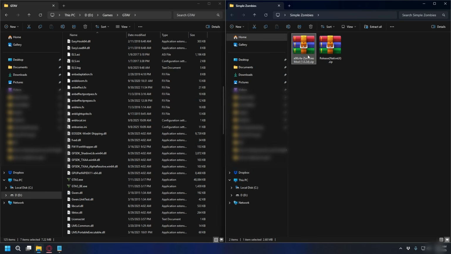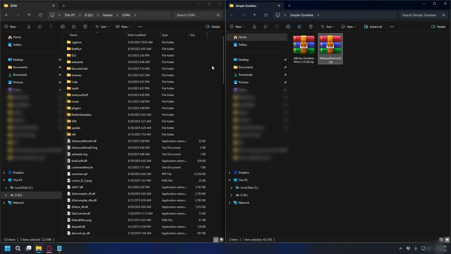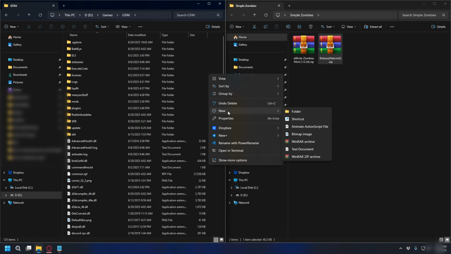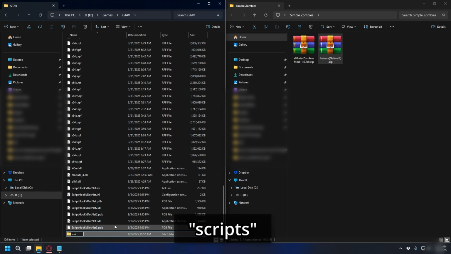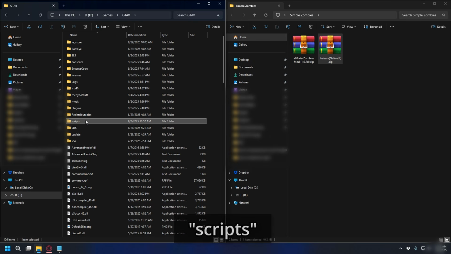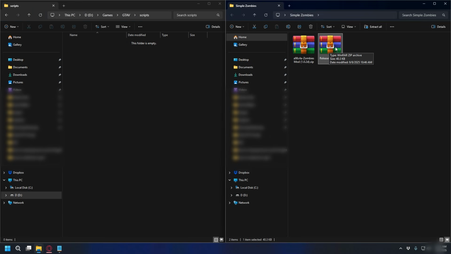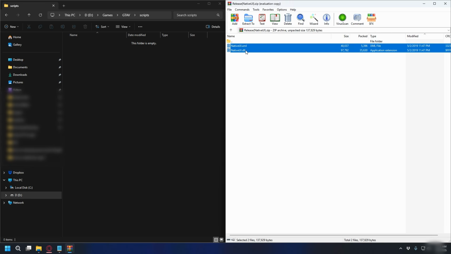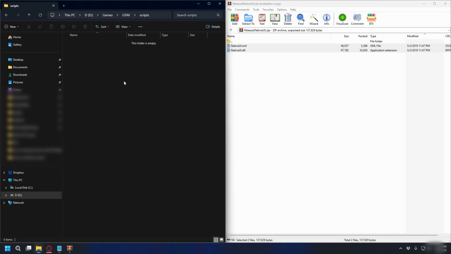Alright, now we're going to install the Zombies mod and Native UI. So in your GTA 5 directory, look for the scripts folder. If you don't have one, you can right click and then new and create a new folder. Go ahead and name it scripts with an S. Alright, now you have the scripts folder, open it up, and then you can open the Native UI zip file, and what we're going to do is drag and drop the files from Native UI into the scripts folder you just created,